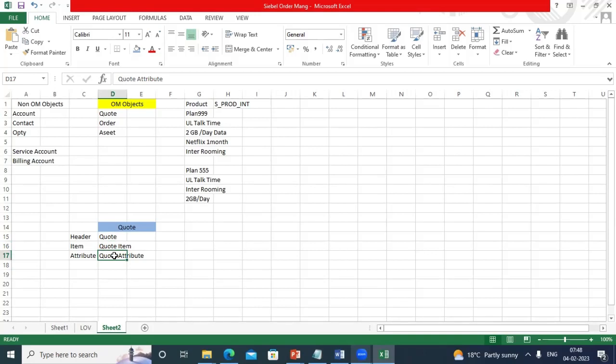Now what is an attribute? Let's say I am buying international roaming. So this is a product. What do we mean by international roaming? International roaming is something like when we go outside to any other country, my roaming should not be charged. Now for this product we have an attribute also. What does attribute mean? Normally, when we create a product,